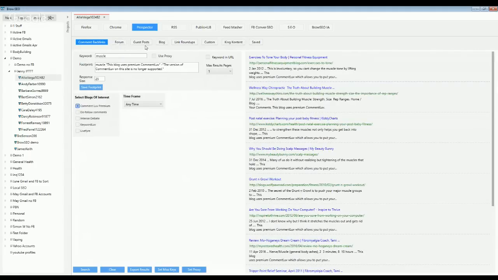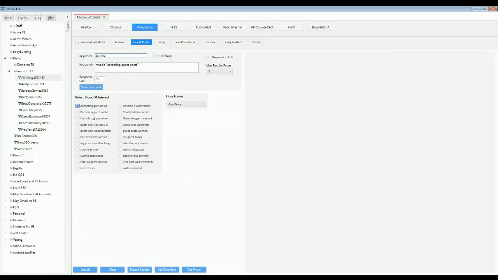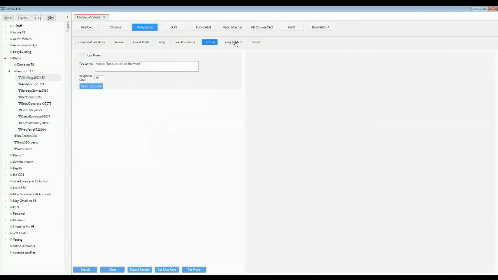This will be forums, guest posts. This will find blogs, right? So we've got all these predefined footprints in there just to make it really easy for you to go and engage with forums and guest posts and different blogs, link roundups, and so on and so forth. But I tend to use mostly the custom and king content, and when you have custom, you can save your footprint. So I have a whole bunch saved here,